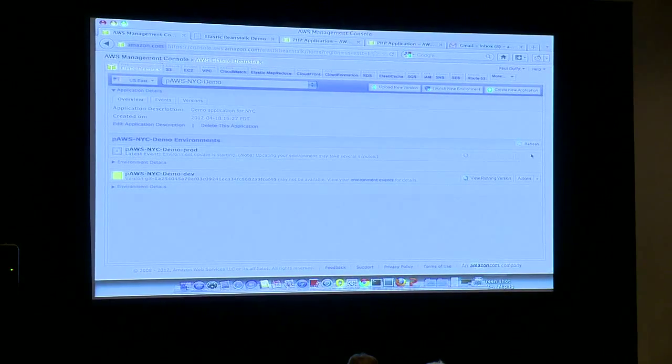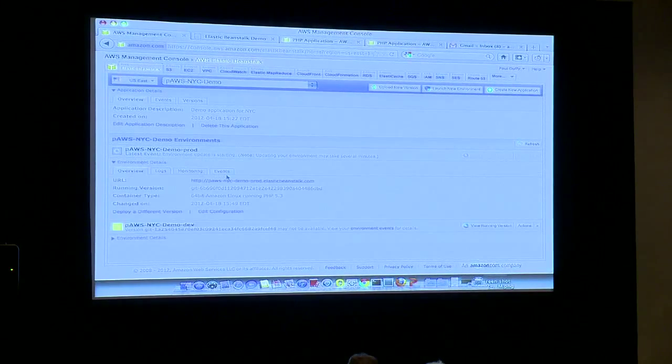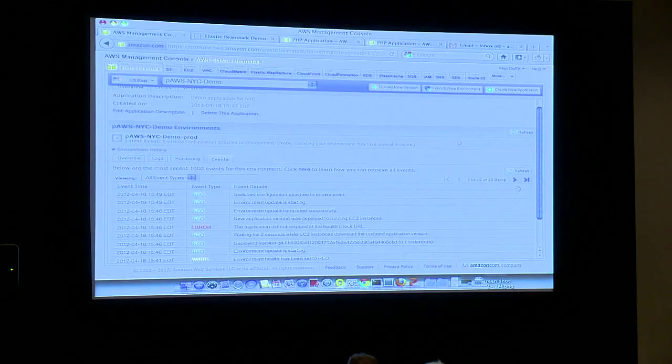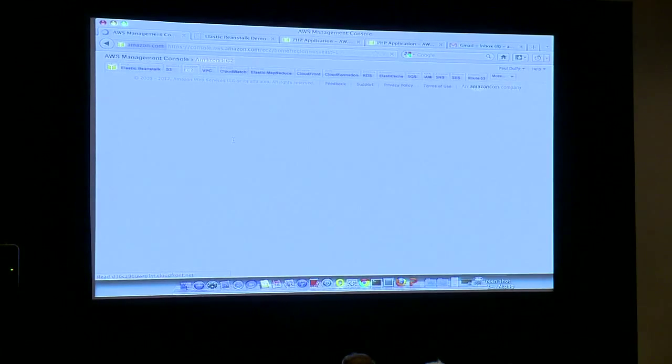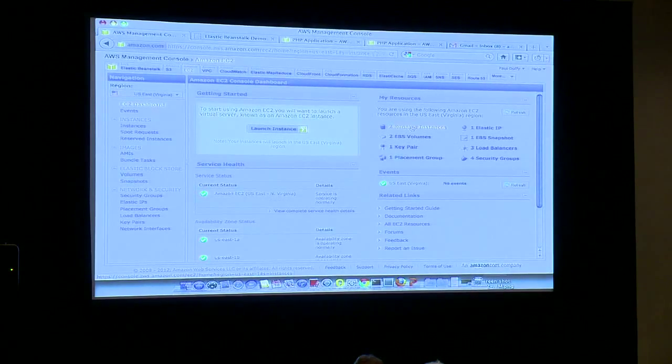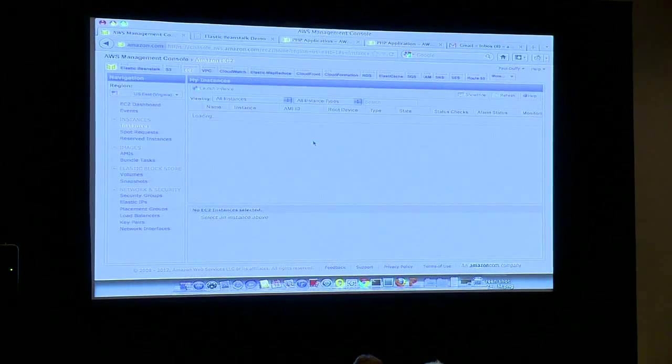If I go to look at the details of that environment, we'll see configuration is happening. Let's just see what's going on from the point of view of the health check URL. One way, of course, I can debug this is I went into the EC2 tab. What we were saying before about being able to SSH into these instances means that if I find the production one that's relevant,